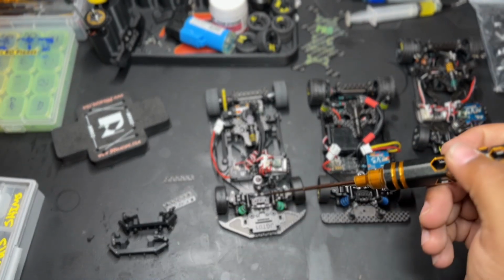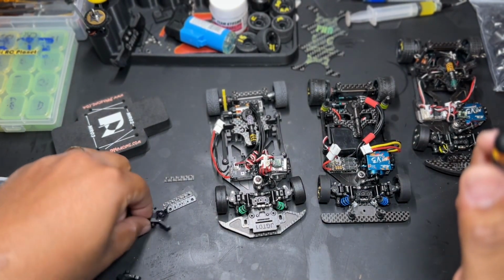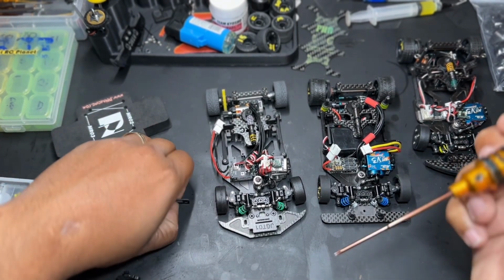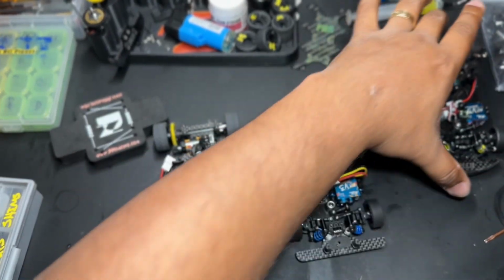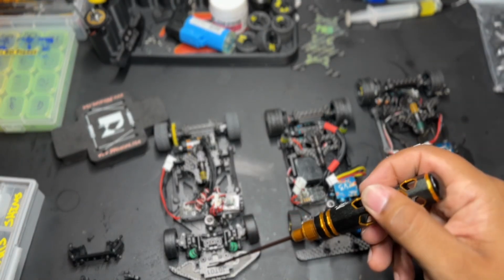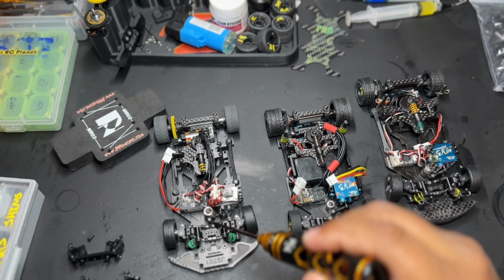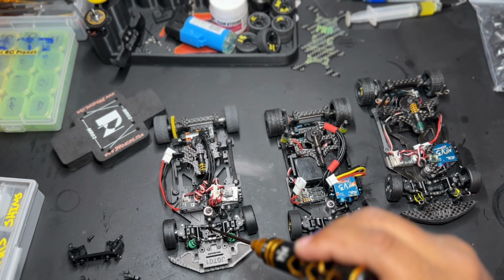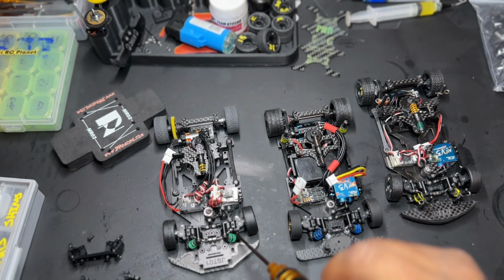There are videos out there which I'm surprised not many people know of, building the car to kit specs, which is how I build my car. I build my car to kit specs, and from there I adjust of what I need. Now, because of the new front end, you're gonna add 1 millimeter to the arms because it's wider. So originally you'd be at 23.8, you go to 24.8, and then not the same thing for